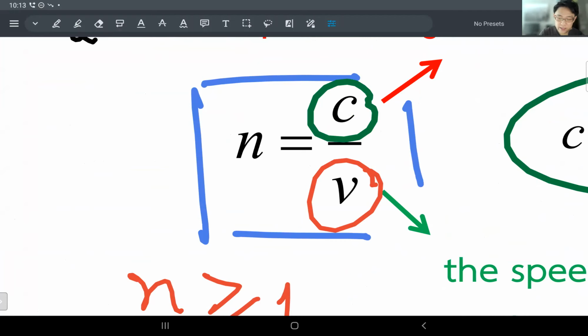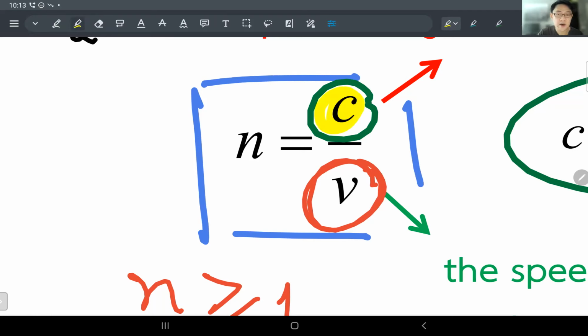We take the speed of light in vacuum, which is the ultimate speed in our universe,